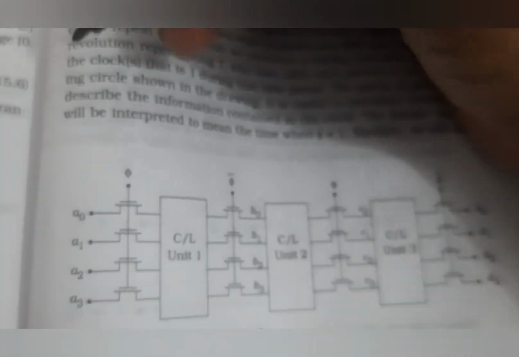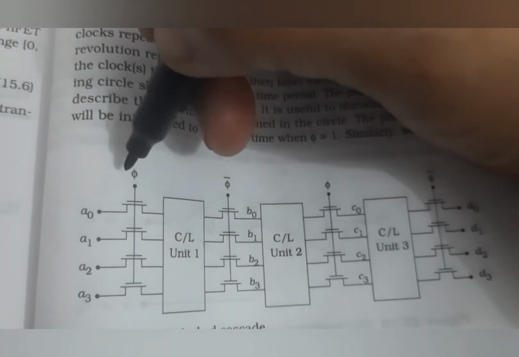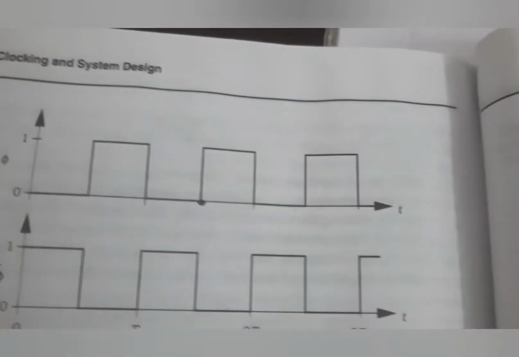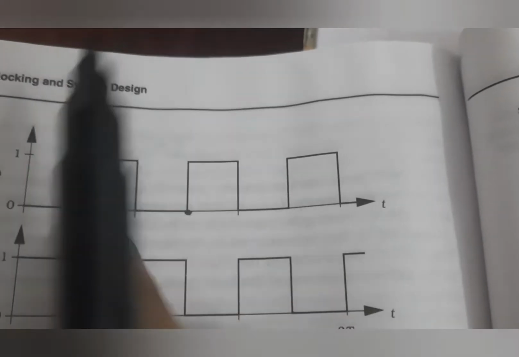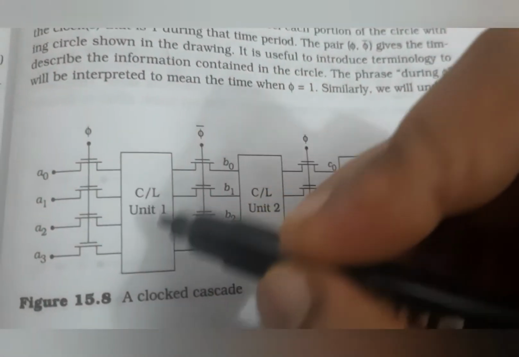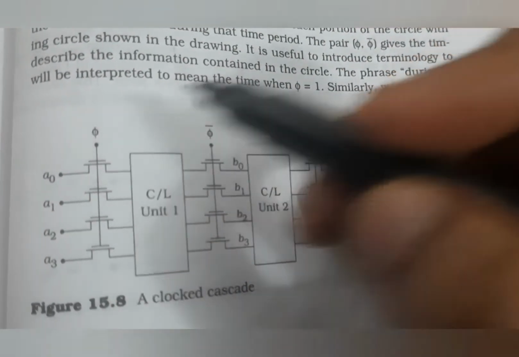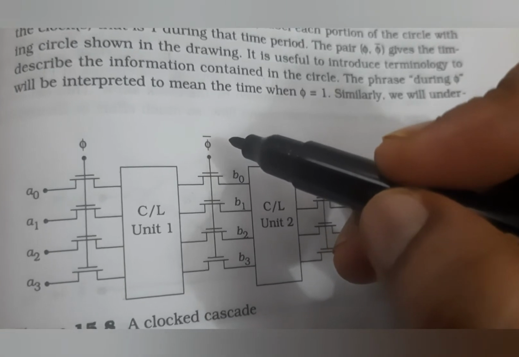this Pi value is 1. So when the next clock cycle comes, this Pi becomes 0. Consider this as a square wave function. Taking this one period, this much of period, this combinational logic performs the operation. And next clock cycle, this becomes 0. At that time, this clock becomes 1.